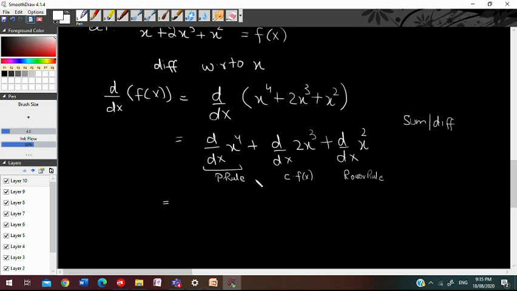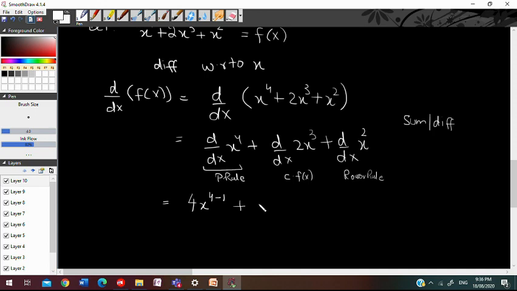Otherwise, no need to confuse yourself and no need to mention these rules. Just start the question, and for as many terms as you are given, apply the derivative d by dx to all the terms and then solve them one by one. Like in the first, as I told you in the power rule, bring the power to the back as a multiple of the function and then subtract 1 from the original power. Always subtract 1 from the original power. So 4x^(4-1), that's it.